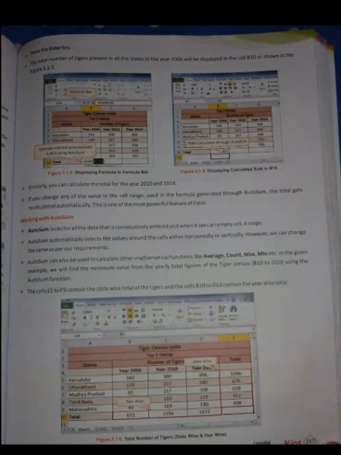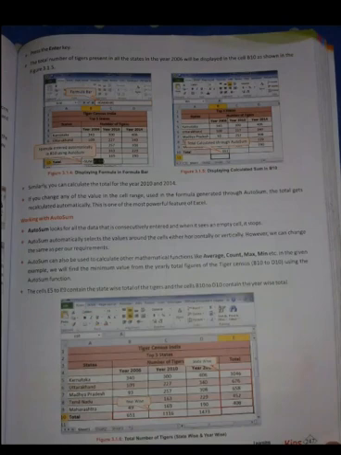There are many features in AutoSum. If you want to calculate other mathematical functions, such as average, count, maximum, minimum, you simply type equal to and then the name of the function.